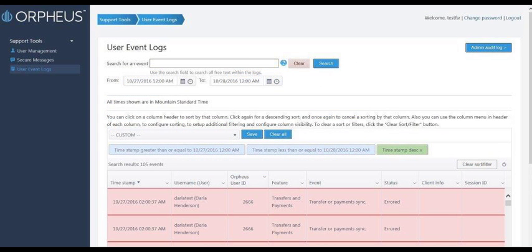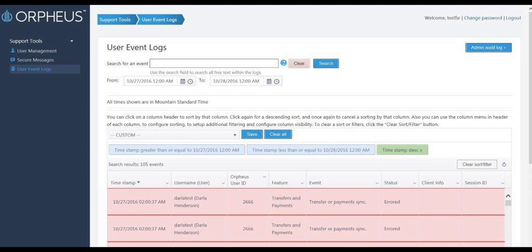Moving on to User Event Logs. You can search for a specific member here. When the info pulls, you can view basic information. If multiple items have pulled in the user event log, you can narrow your search by clicking any column and filtering the information. Make sure once you have found and reviewed an event, click the Clear Sort filter to reset